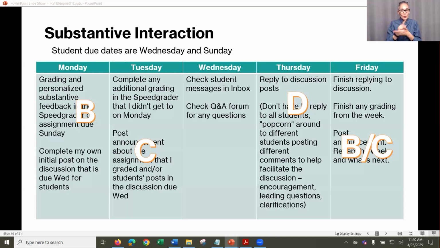Then they're probably going to go to some discussions. It's probably the next easiest thing to open up a few discussions and make sure that you're in there. The hardest thing to do is going into the speed grader, because most people have multiple assignments. You have to look around and make multiple clicks. So that's probably the order in which they're going to look for things. But it depends on the individual, and it really doesn't matter as long as you have your evidence there in your course.